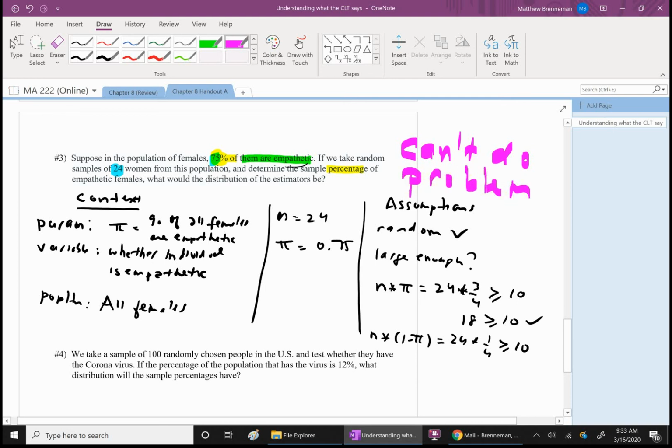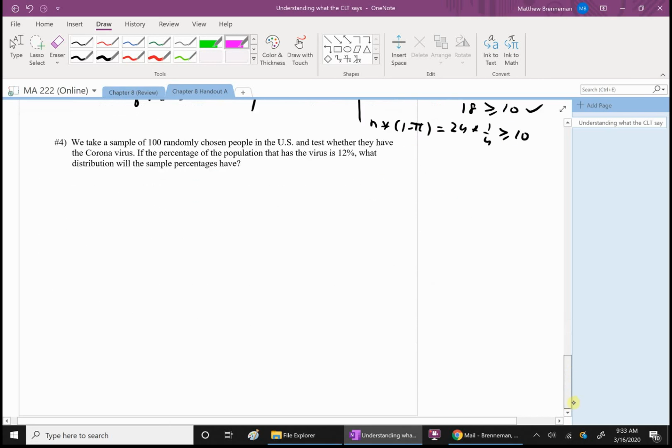Okay, so our last practice problem here. We take a sample of 100 randomly chosen people in the U.S. and test whether they have the coronavirus. Right now, the percentage in the population isn't quite 12%, but it's predicted to be there relatively shortly. So if the percentage of the population that has a virus is 12%, what distribution will the sample percentages have? And so you can kind of see that here